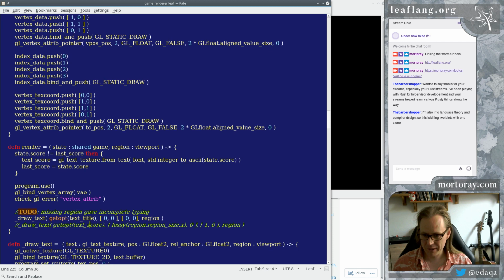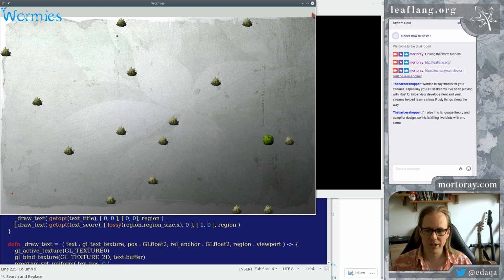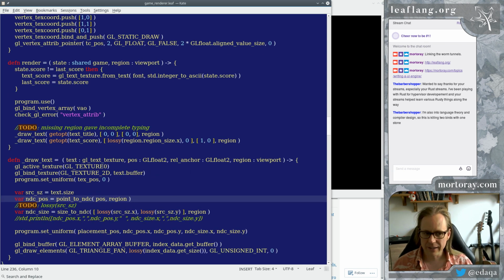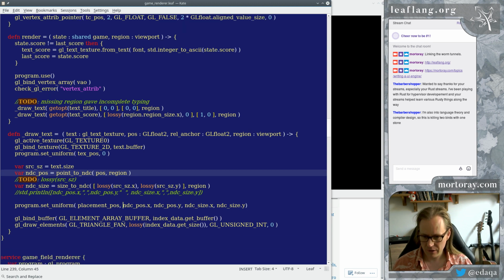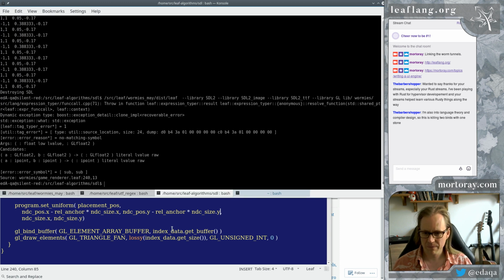Let's put the other one back in place now. This one's not going to show up because we don't position it correctly. It's positioned up here, and then it's off the screen. So this is where the anchoring comes in. Let's get rid of the print line. The anchoring says, what part of the thing do we want to position up there? The size is always the same, but the position ends up being minus relative anchor times ndc size.x and minus relative anchor times ndc size.y, or maybe whoopala,